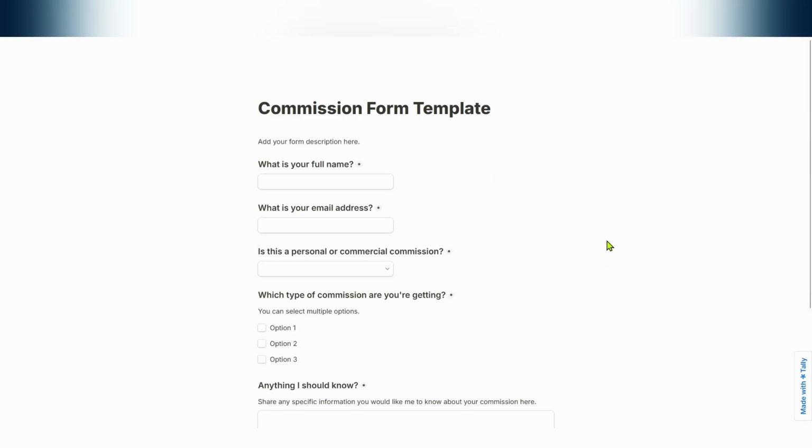Now I want to briefly explain the commission form template that I've created in Tally. Tally is a modern no-code online form builder that functions like a document editor. So it actually works kind of like Notion with different blocks. I've used it to set up a template that you can use to connect with Notion with your Creative Compass so that you can automatically receive submissions and have them automatically added to your Creative Compass in the Inquiries tab,